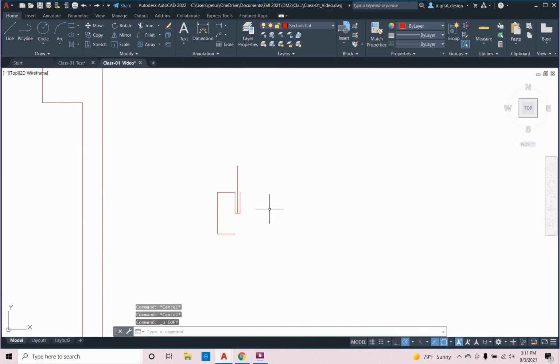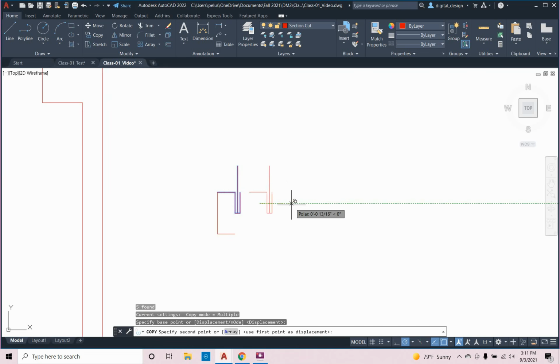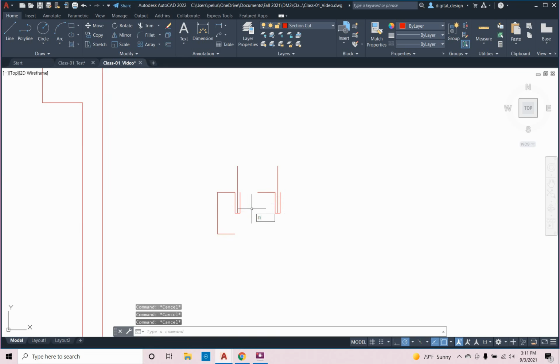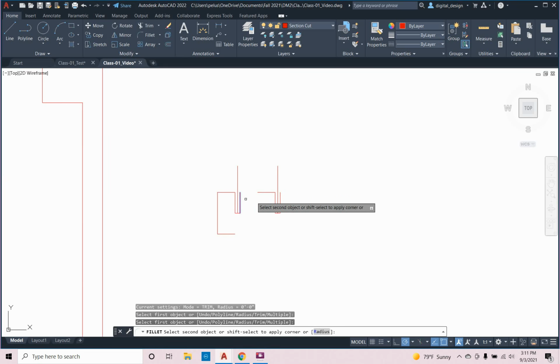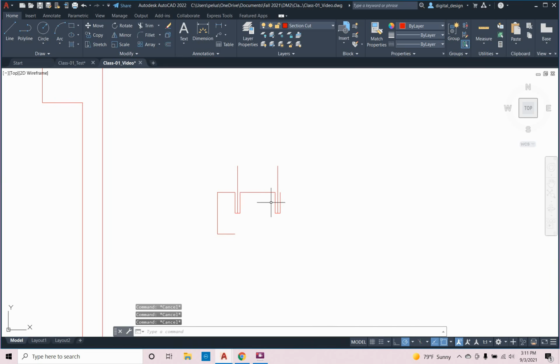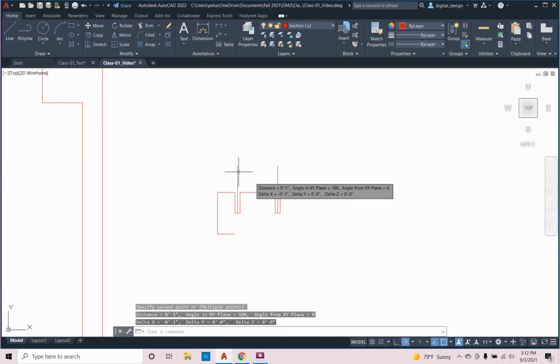Oh boy, let's try that again. Take all this, copy it, 1 inch. Alright, I'm going to fill it this. Alright, so let's just measure the distance between these two lines. That should be 1 inch. Alright, so we have things working out here. So now,